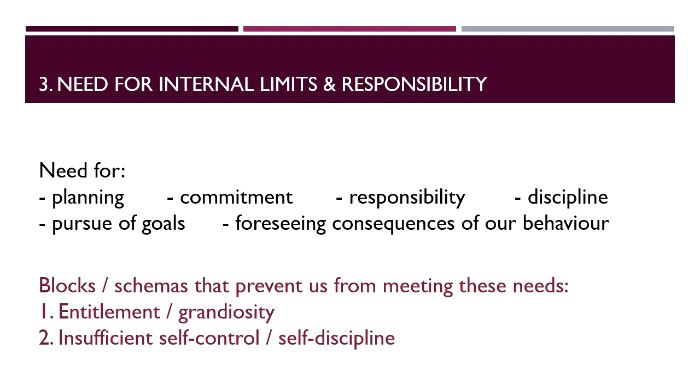The third category of these universal core emotional needs relates to responsibility towards oneself and others and goal orientation. So these needs relate to being able to function as a member of the society in a general sense, in a way that we need some sort of limits so that we can, for example, postpone the instant gratification in order to meet our long-term goals. So we don't indulge ourselves constantly in this very spontaneous behavior and very hedonistic drives that we might have.